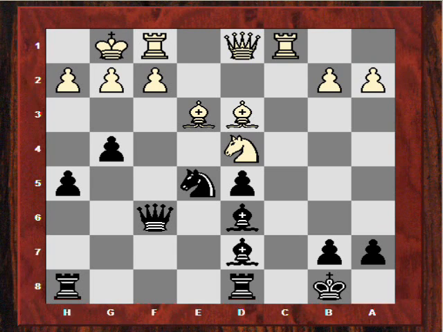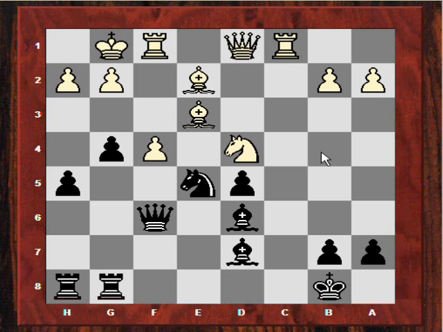But after bishop d6, bishop e2, I have got some menacing, caveman type threats here. Rook g8, h4 and g3, or rook g8, knight f3. There's some menacing threats here. He actually, after this rook move, played move f4, which actually is possibly a very, very good move, but it